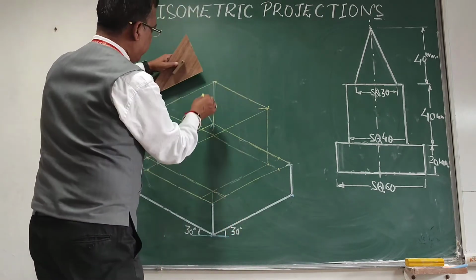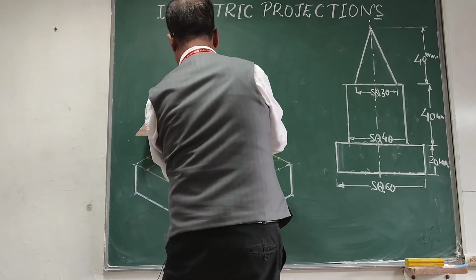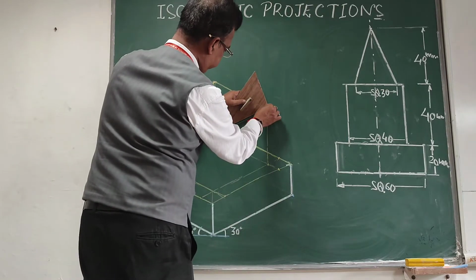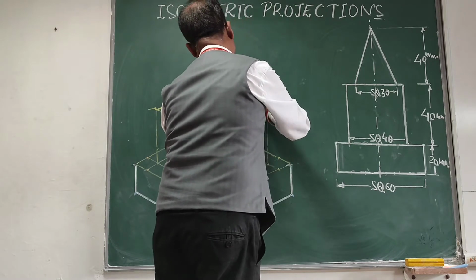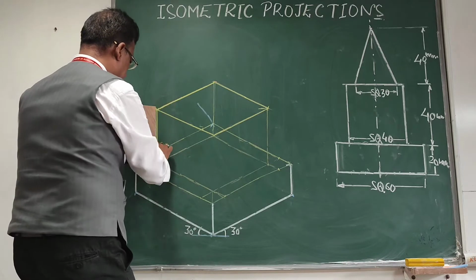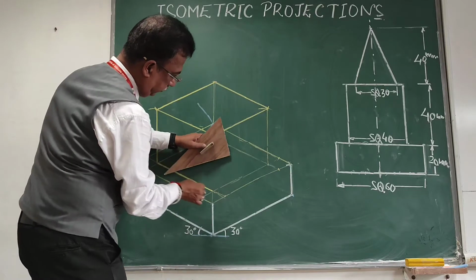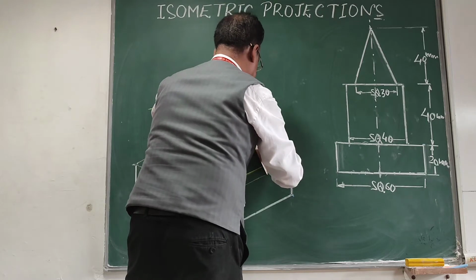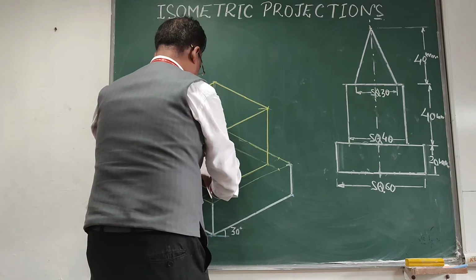Now if I want to finish the figure, then look at this figure now. I will darken the upper part, that will be visible to me. So that will be the upper part of the cube. If I darken that part, this is the lower side, this one, this one, this one, and finally this one.